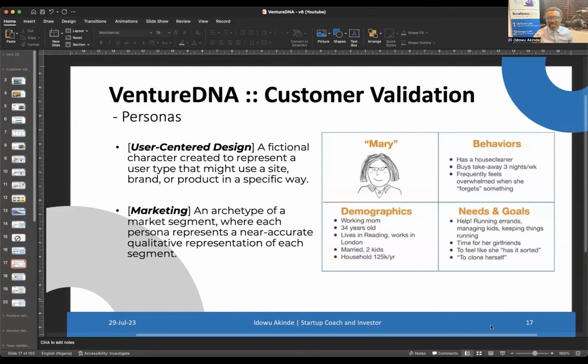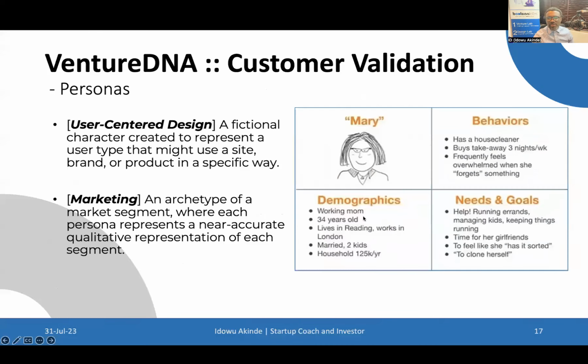I'm sure some of you might have come across this word, this term, and you wonder, what does it mean? I've had that question asked many, many times by people who have actually gone far enough in the accelerator programs within which I met them to warrant me wondering how come they don't even know what a persona means. Okay, so